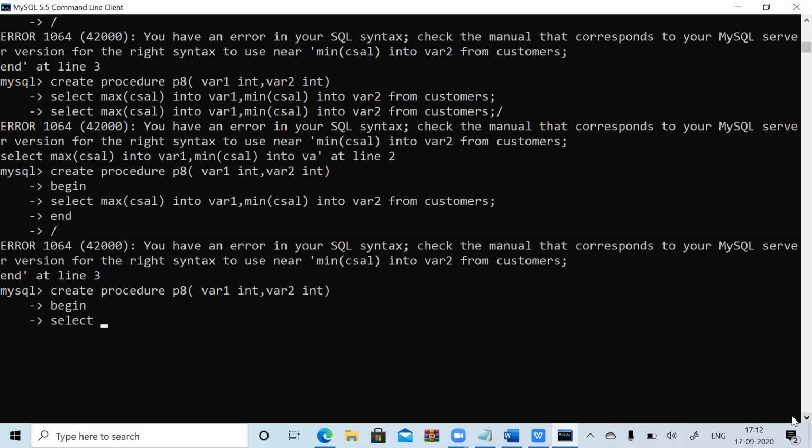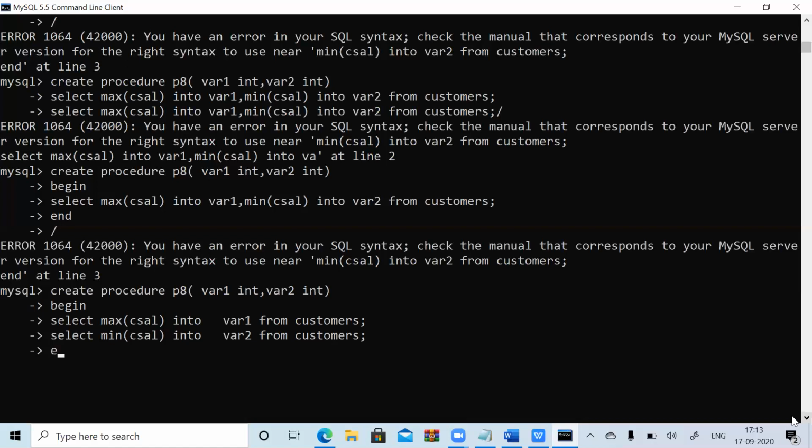Just check what the possibilities are, because the interview will ask. So select max CSAL into variable one from customers, again min CSAL into variable two from customers.